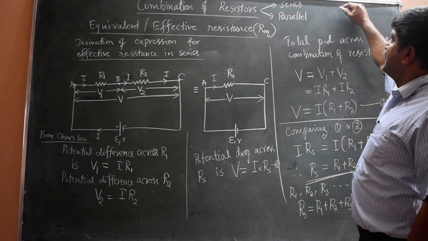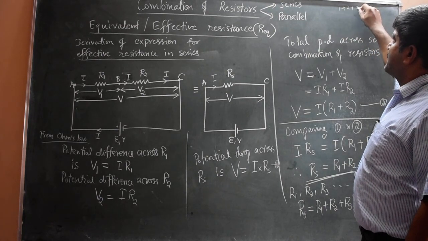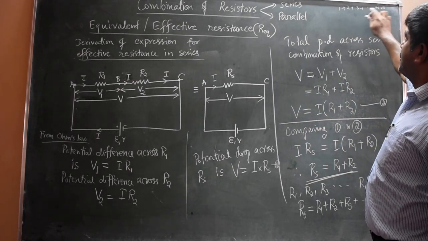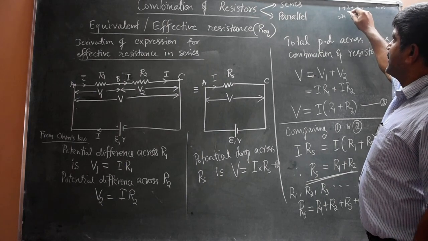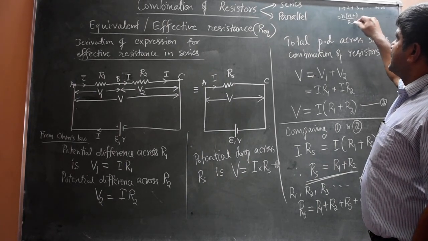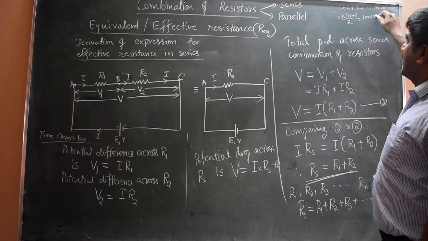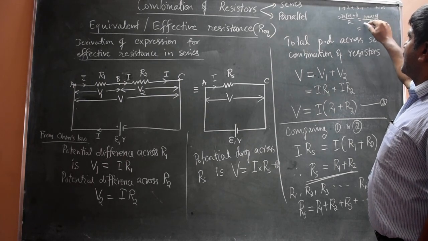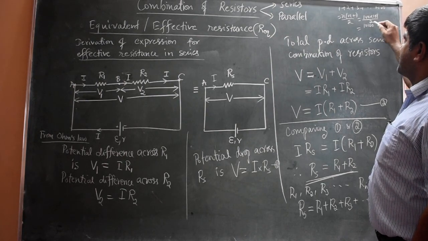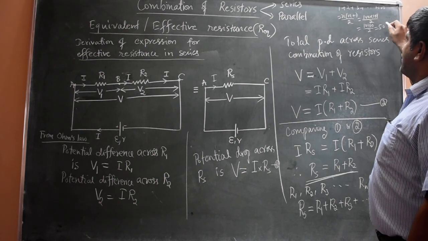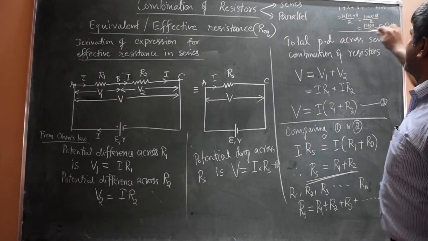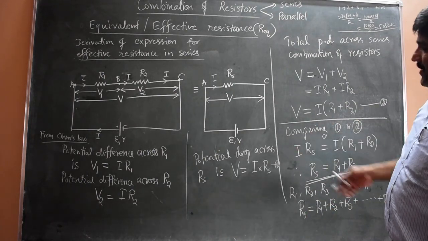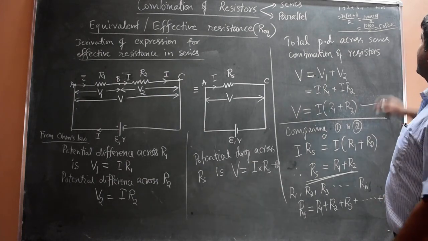Simple calculation. What I have to do is find out 1 plus 2 plus up to 100. If 100 resistors with resistance 1 ohm, 2 ohm, 3 ohm, etc. are connected in series, according to the formula n into n plus 1 by 2, that will be 100 into 101 by 2. 100 by 2, it is 5050 ohm. So in a short way I did this. So the total effective resistance of the series combination of 100 resistors, the same rule is applied, that is 5050 ohm.